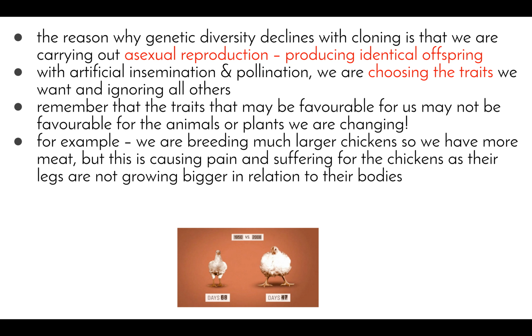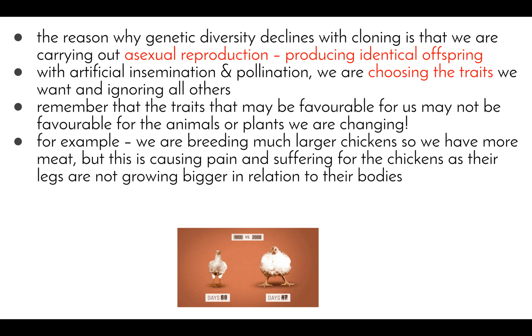But we get rid of majority of those bacterial cells in one hit because they are all exactly the same. With artificial insemination and artificial pollination, we are choosing the traits we want and ignoring all others. So basically saying, these are the alleles we want and put them together. Remember that the traits that may be favorable for us may not be favorable for animals or the plants that